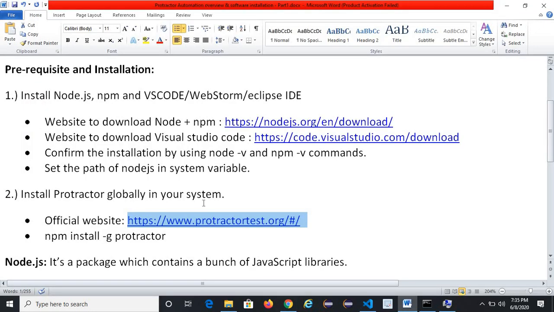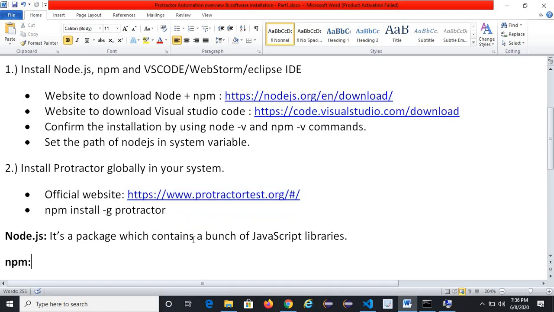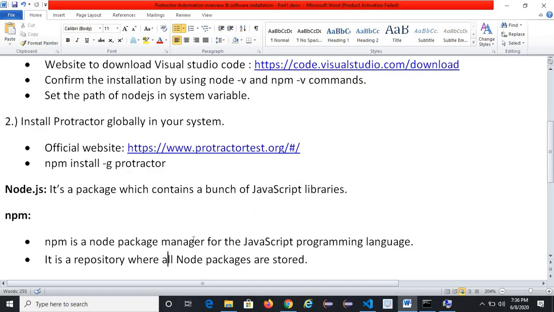Then we have npm install, which we have done. Node.js is a package which contains a bunch of JavaScript libraries; all the required libraries which we'll need are inside this Node.js package. Then we have npm, the node package manager for JavaScript.